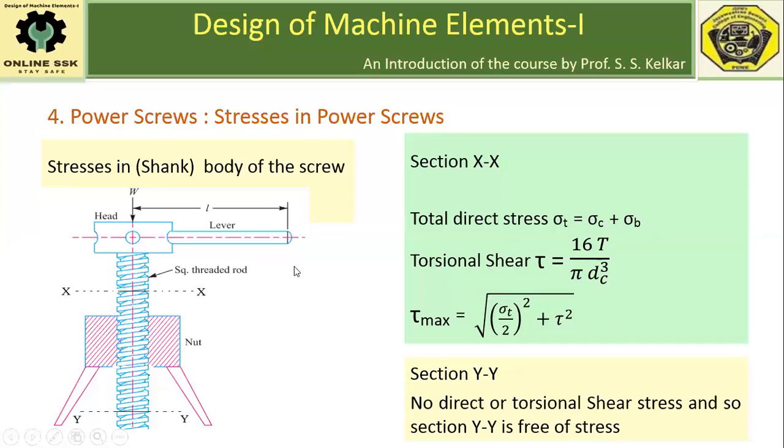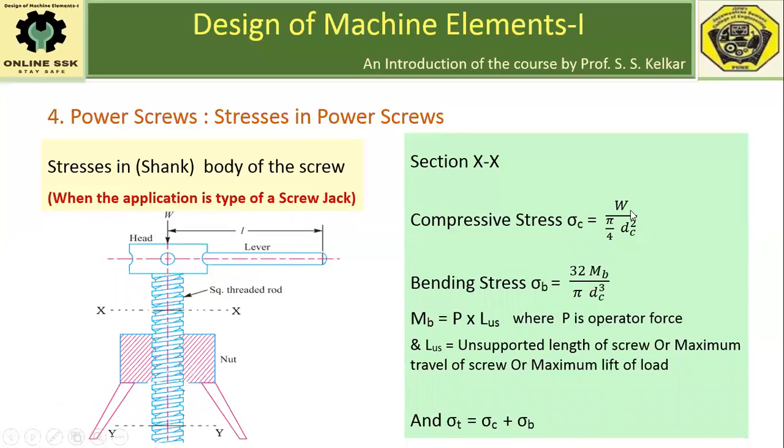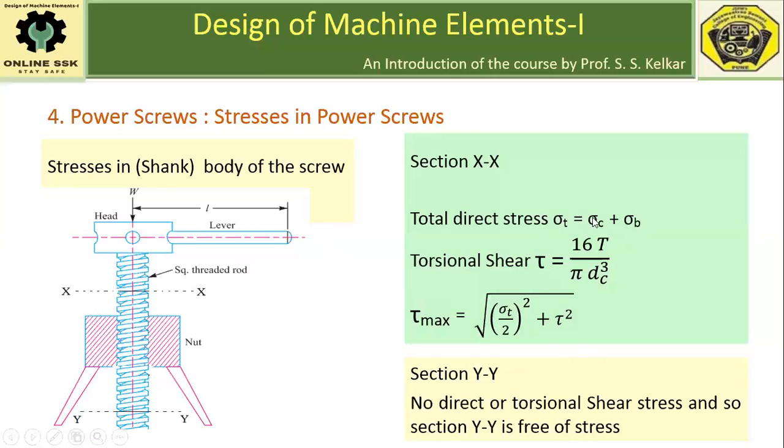So here again, the entire portion is subjected to two different kinds of stresses, direct stresses as well as shear stresses. So we have to employ the maximum shear stress theory, according to which the maximum shear stress developed inside section XX will be given by the square root of (sigma t upon 2) square plus tau square, where sigma t is equal to sigma c plus sigma b. Sigma c is the compressive stress, sigma b is the bending stress. The summation of the two is sigma t, and tau is the torsional shear stress,